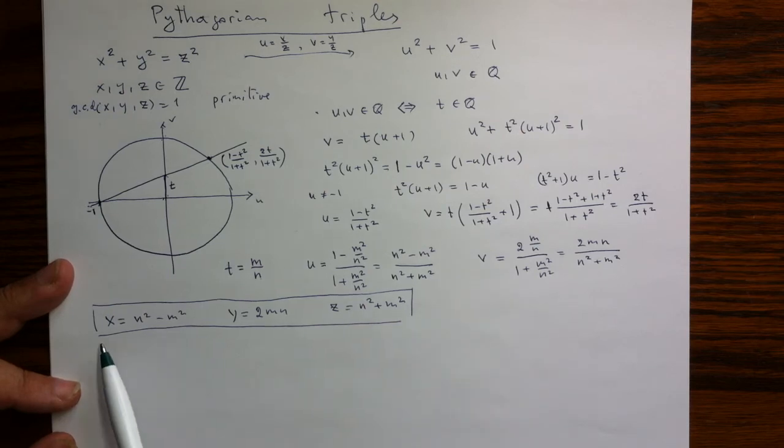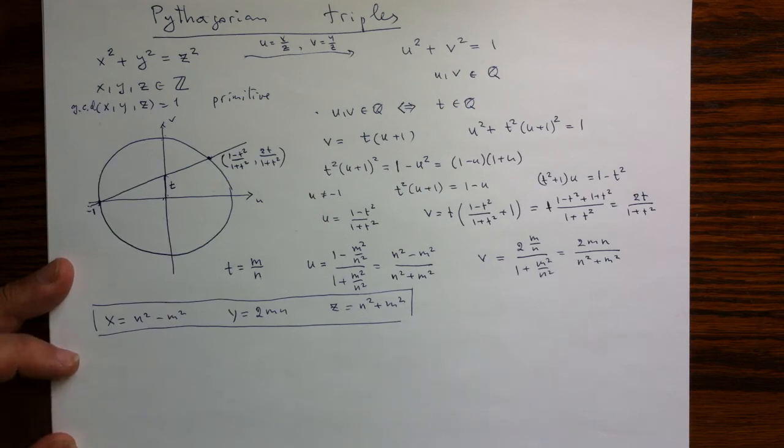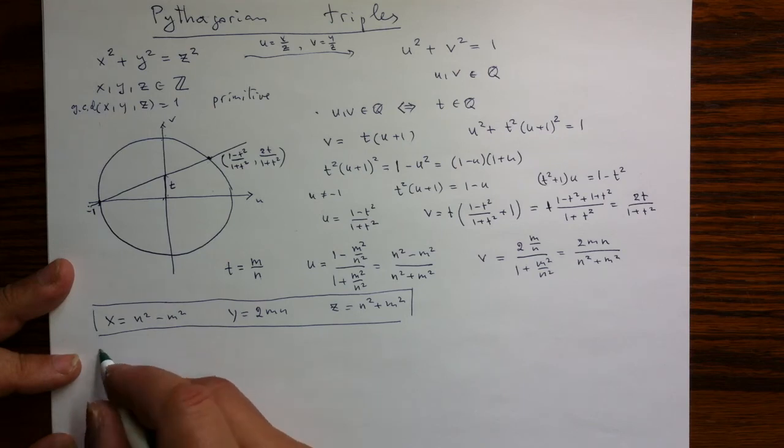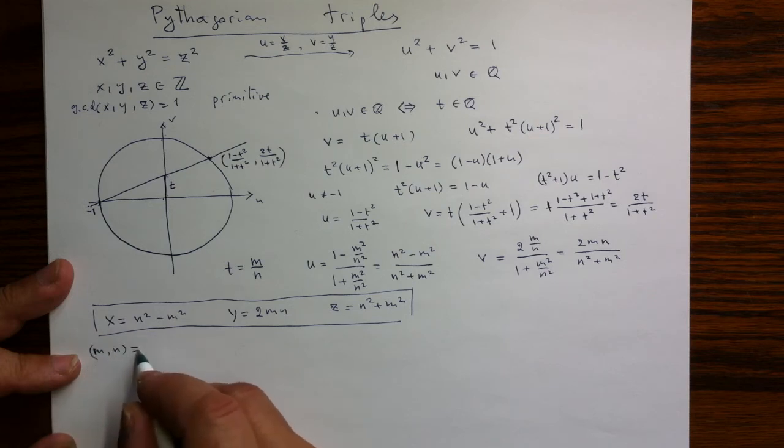Or we could say it this way: we can take any m, n, compute this triple, and then if necessary cancel by the greatest common divisor of the three. So if there is anything dividing all three, we can cancel it out. And that way we will account for all primitive Pythagorean triples. So let's experiment. Let's just look for small values of m and n and compute x, y, and z